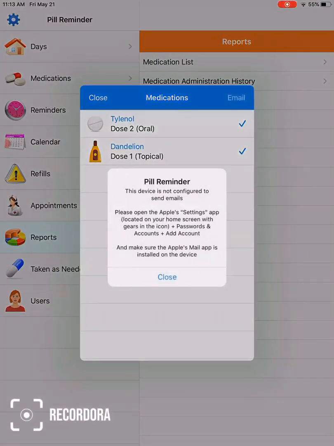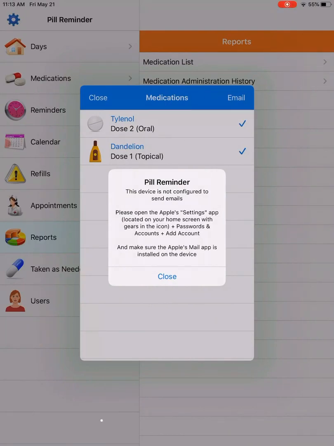When I tap that, on my particular tablet here that I'm using from the library, my email is not set up because it's a library tablet, and so there's multiple users. On yours, though, your email probably is set up, and it would take you directly to your email. You can say, this is an attachment I'm emailing to whoever. You may want to email it just to yourself, to your own email address, and receive it, and that way it's always there,